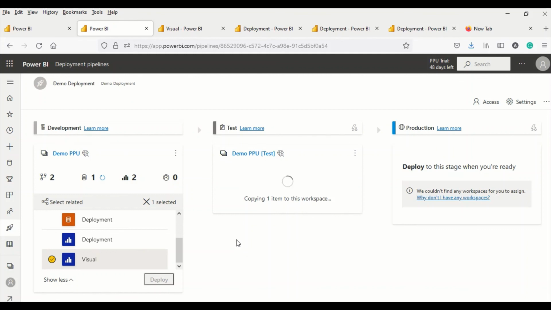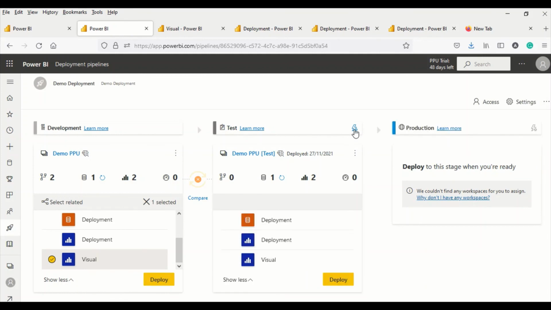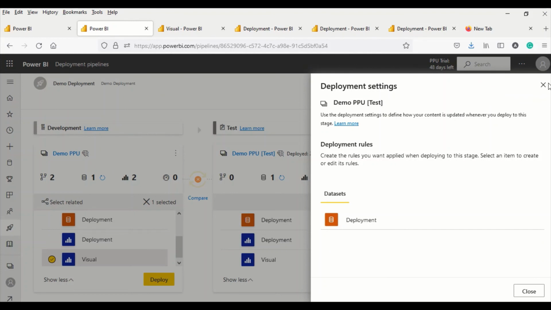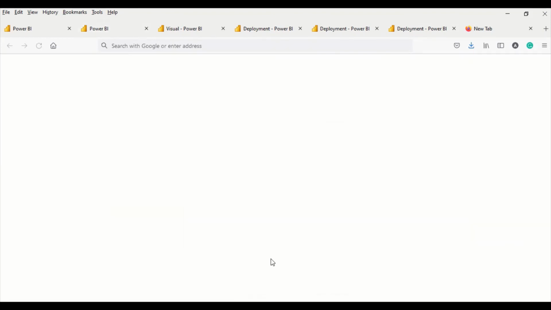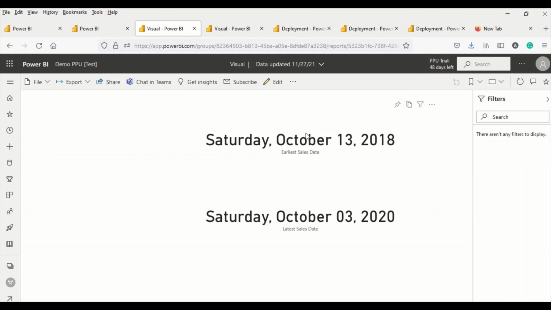It's copying it, and after that we'll check, does it need any additional parameter for this one? So it says okay, deployment is completed, the file is available here. Is it asking for anything else right now? It's not asking for the data set. How is it going to pick up the production one? Little bit of worry. Let's click and check what dates we are getting. Oh, we got it. So if the same name data set is there in the test one, it's already picked up. You don't have to do those changes. It has already done that change for you.